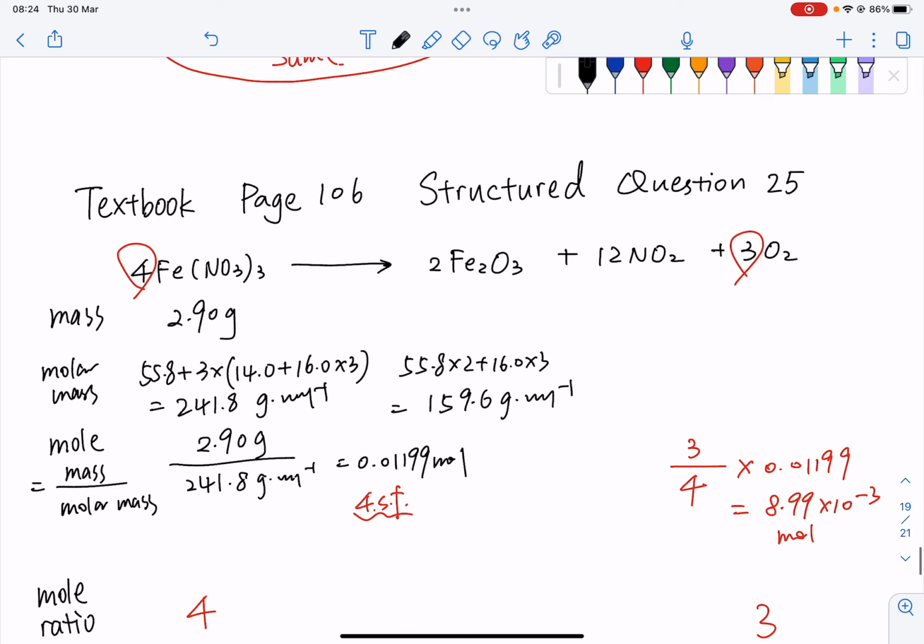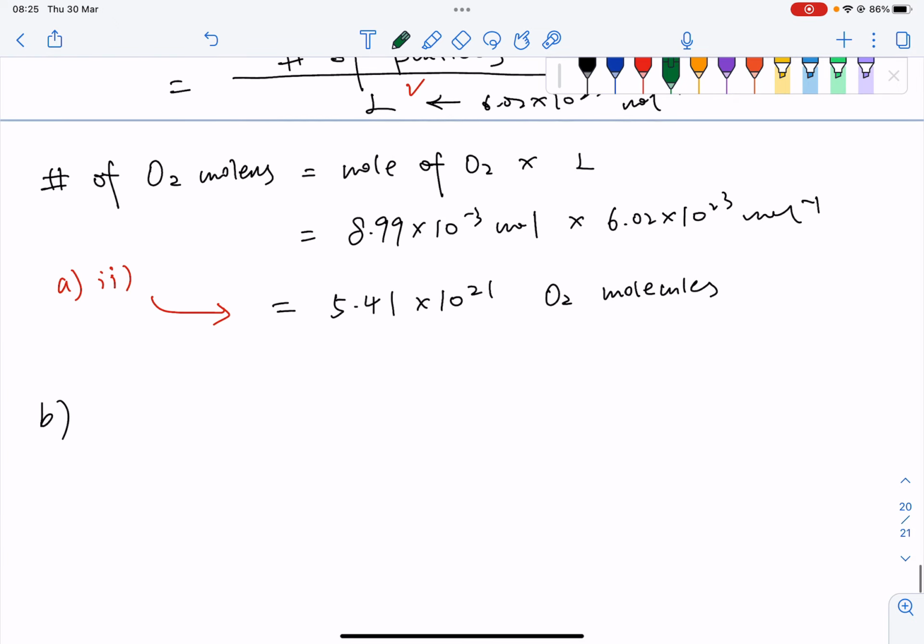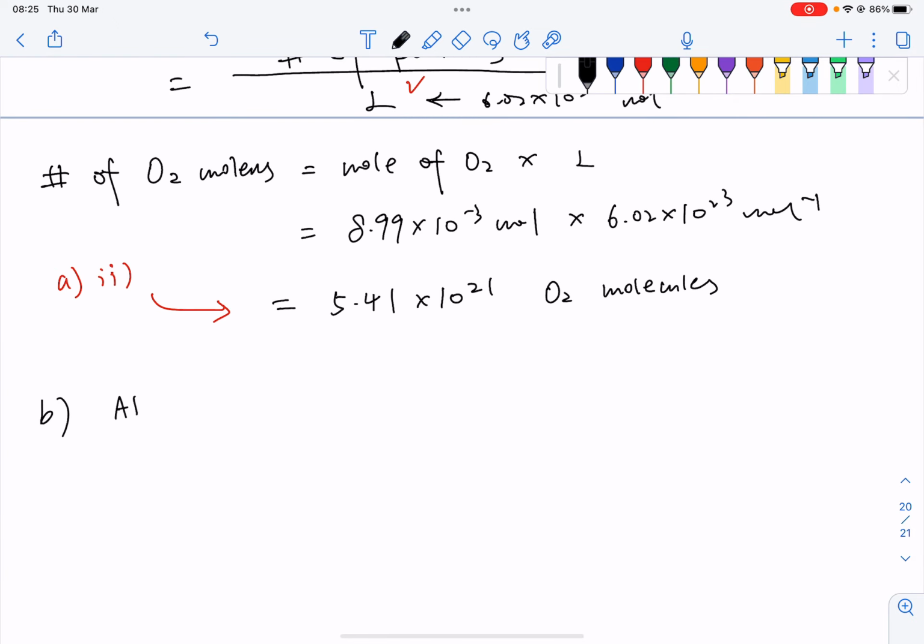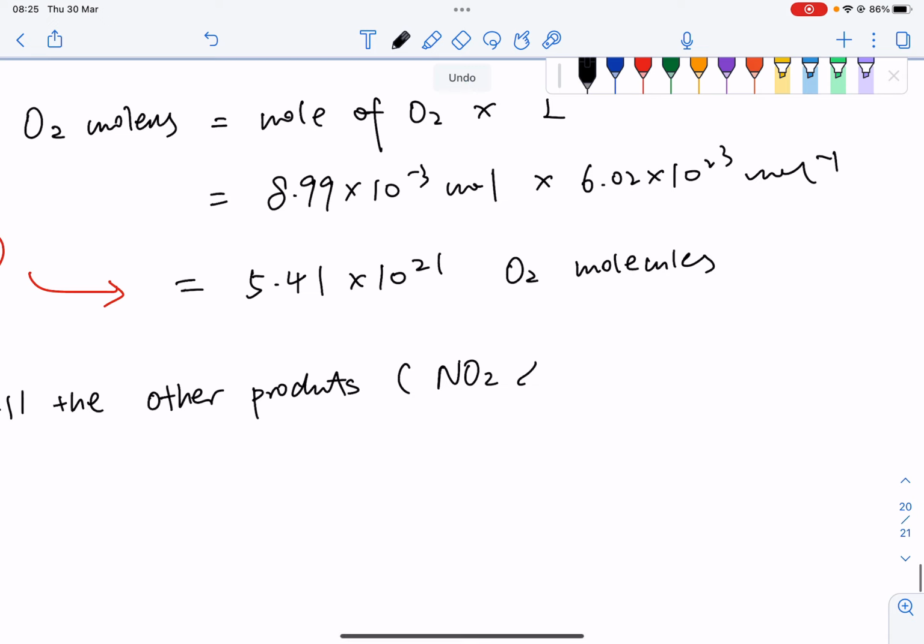If we look at the states here, I'll write the states first. This one should be solid. This one is also solid. These two are gases. If the reaction is complete, we should be able to obtain only pure iron oxide. All the gases will escape and go elsewhere. That is the reason why the iron oxide obtained is pure. So we just write all the other products, in brackets, nitrogen dioxide and oxygen,